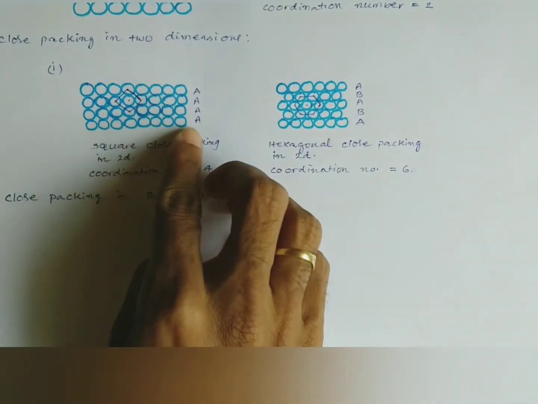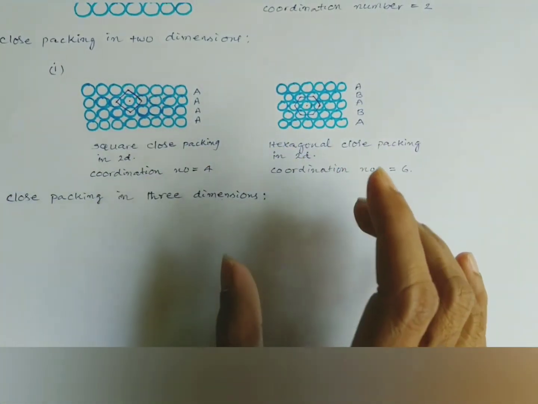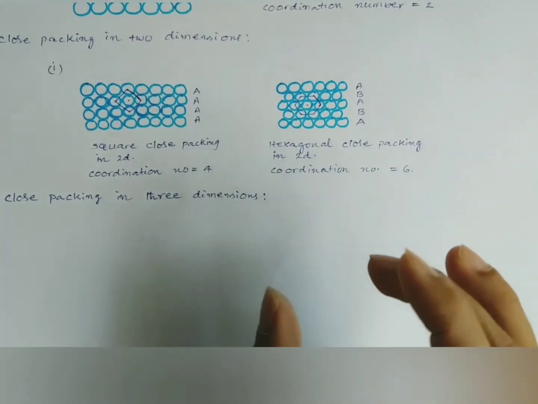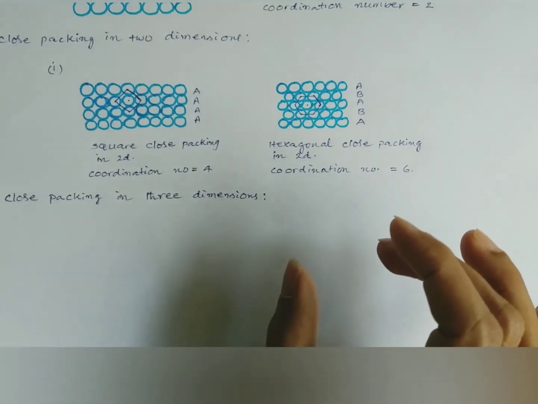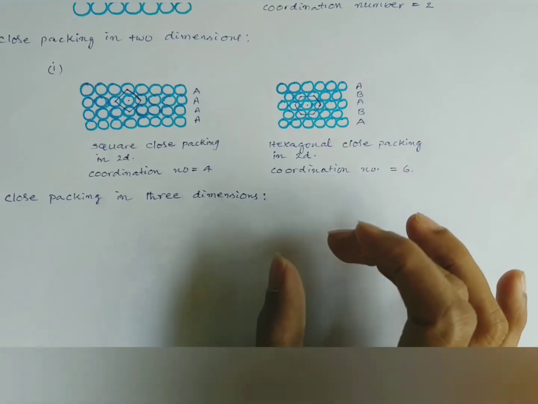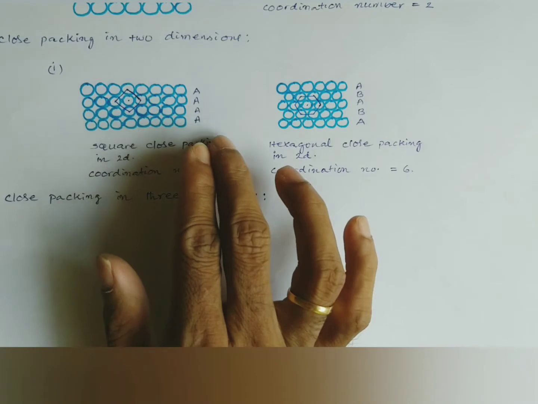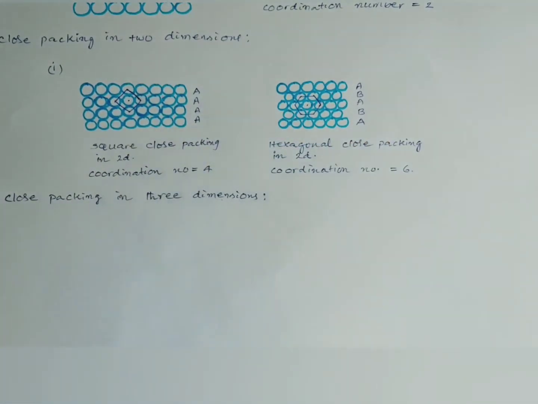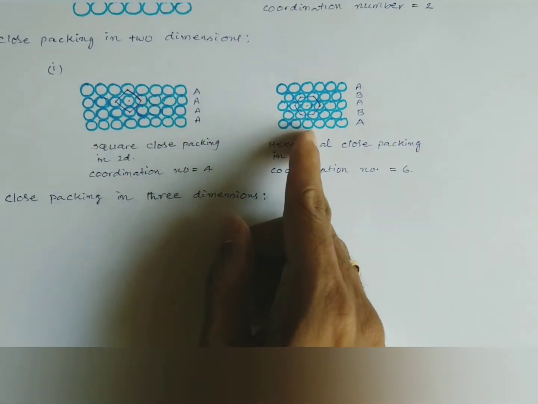Now these layers of atoms are piled one above the other so that blocks of atoms will be obtained. So that is known as a 3-dimensional close packing of spheres. So 3-dimensional packing of spheres is done by stacking up of layers obtained in 2-dimensional close packing. So 3-dimensional close packing can be done by taking these layers or these layers.